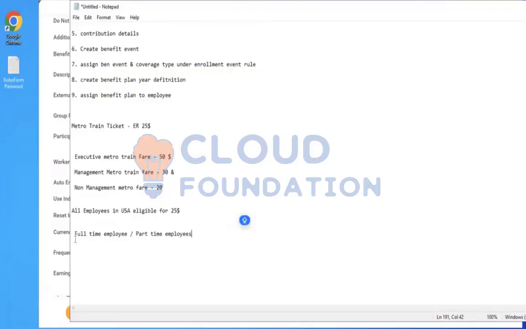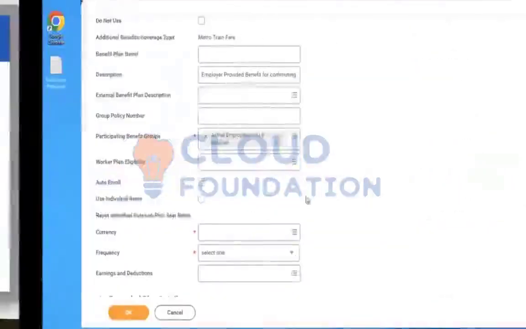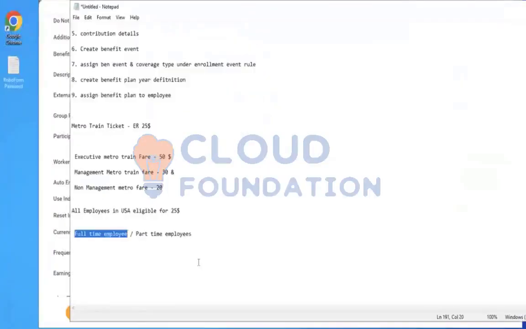But your requirement is only full-time employees are eligible for this benefit plan. Okay, you can create an eligibility rule and assign it here. Alternatively, if you have a requirement something like salaried employee,